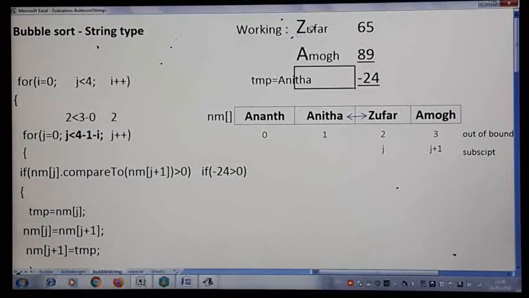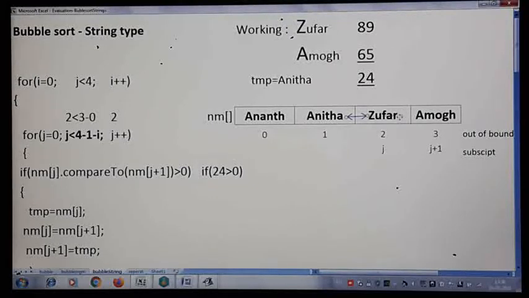If you see, Z's ASCII value is 89, then the first letter A, there is a difference in the first letter itself. Z's ASCII value is 89, capital letter A's ASCII value is 65. The difference you are getting is 24. Now 24 is above 0, which is a positive number. You will get above 0, a positive number, when the first string is bigger than the second string. But to sort in ascending order, the bigger name should go to the next one and the small name should come here. So we have to swap them.